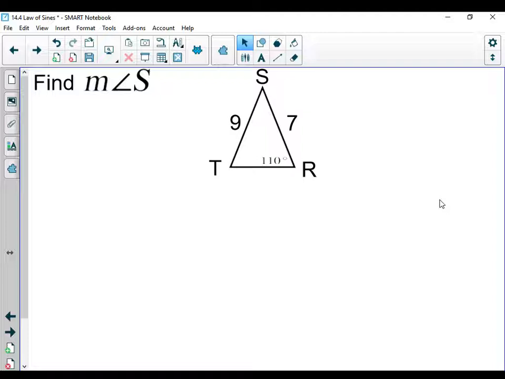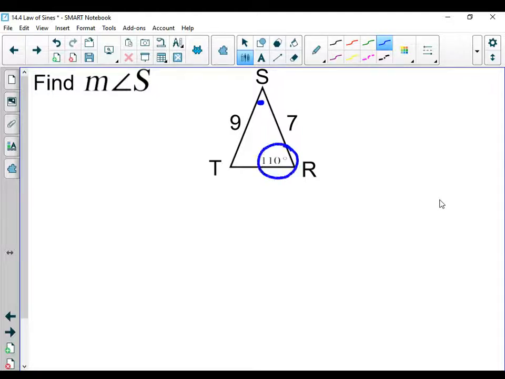All right, same thing here. I'm looking at this particular problem. They want to know angle S. So right now, I only have enough information to find first angle T. Then from there, I can subtract those angles from 180 and solve from there. What I would suggest, if they don't tell you a decimal, I would suggest that you stick with the same. If they're doing whole numbers, then you stick with whole numbers as well. So if I set this up,